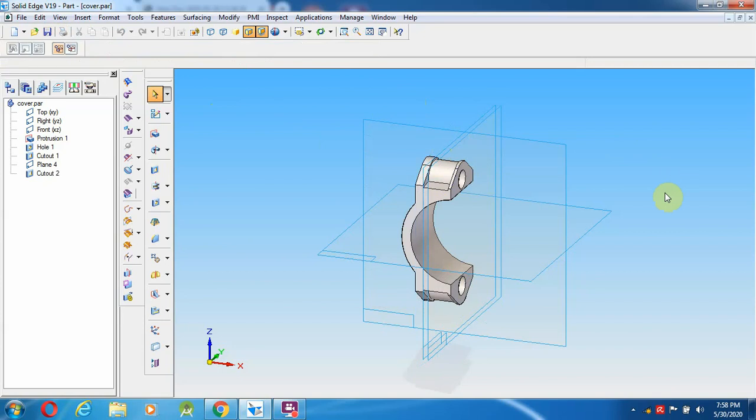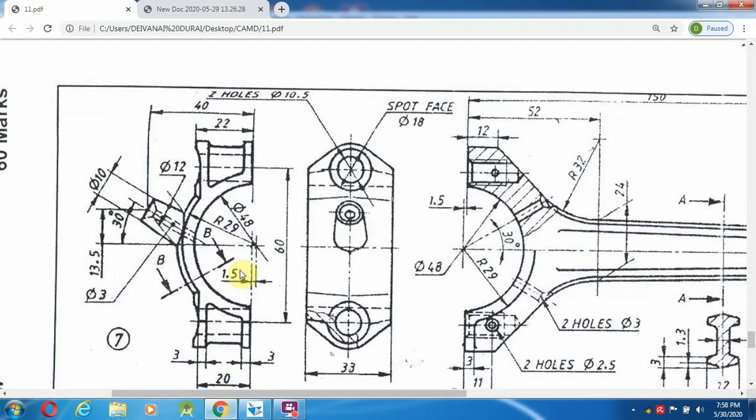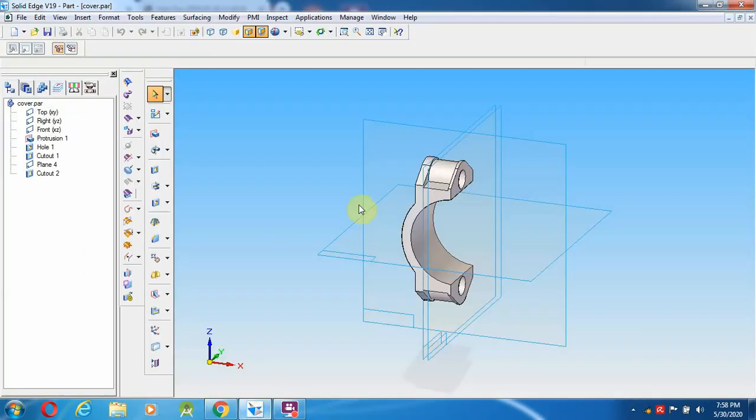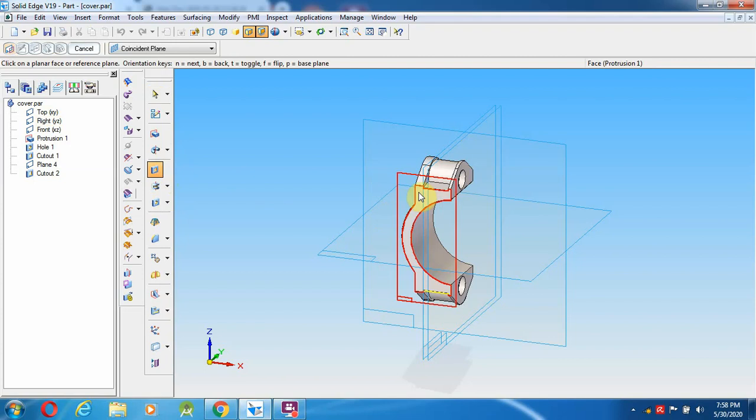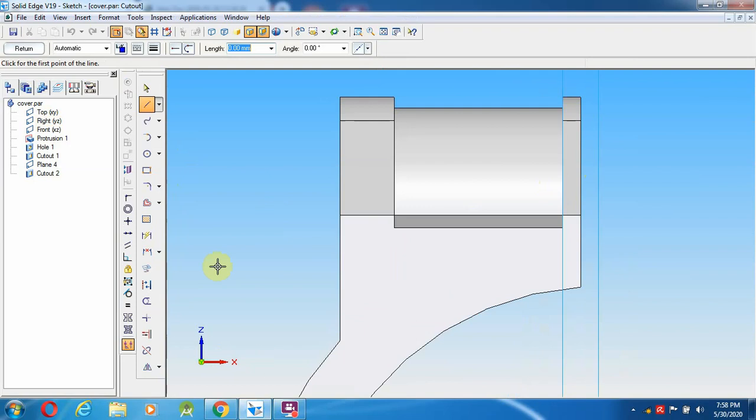After creating this, we will go for the next one. Again, according to this particular rectangle, it has to come over here. Okay, so we will try it. Select the cutout option on this surface. On this surface we will zoom; we can do only one side and the other side we can make by trimming.